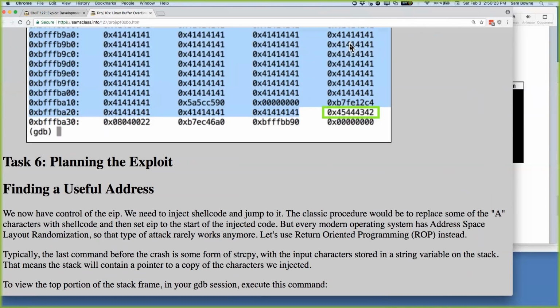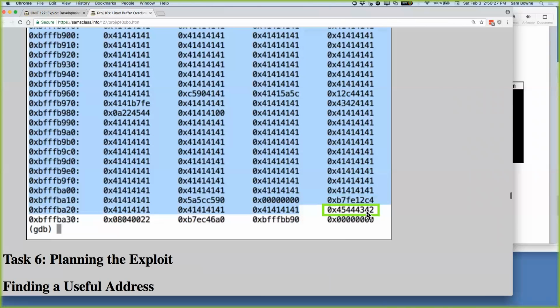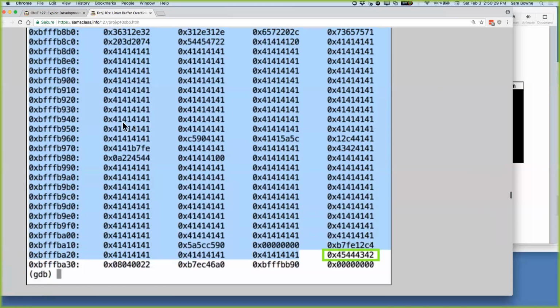This is what's called return-oriented programming. And so if we did what I just did in the previous one, I would jump right to this address, like BFFF B910. And if I did that, it would only work if I didn't have address space layout randomization. But since I do, when I really run it, it's going to randomly relocate, so the address I feed in will be wrong. So the way you avoid that is you look for